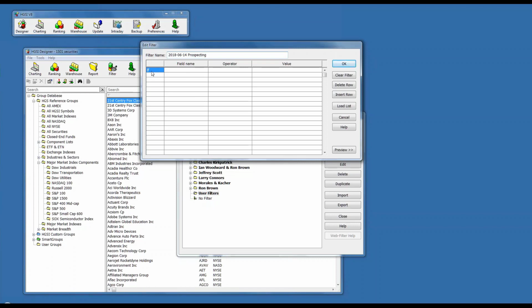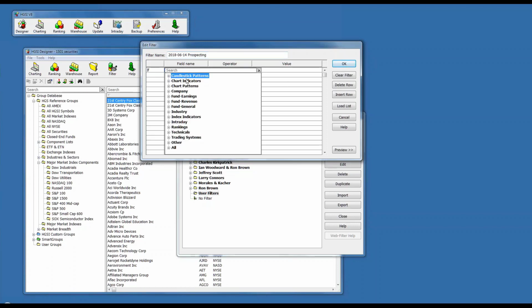And so the rules are, it's an English sentence. If the field is a certain value, and then another field is another value. So it's a fairly logical way of doing it. Now, we do have a lot of fields, and so you're going to want to really use the search facility